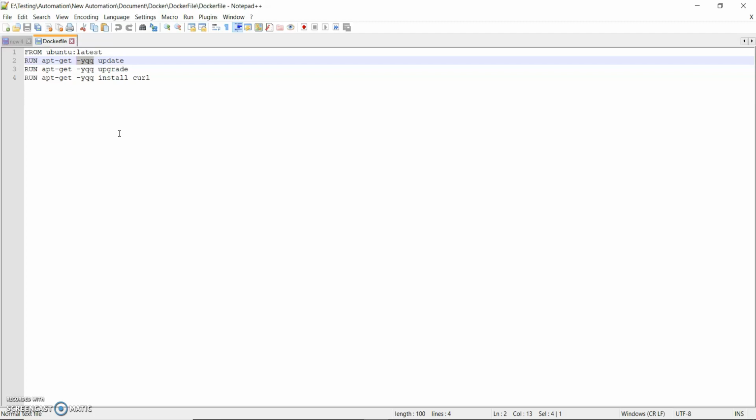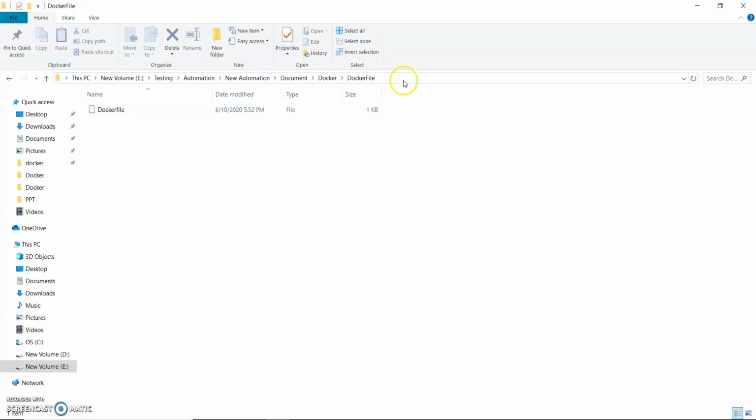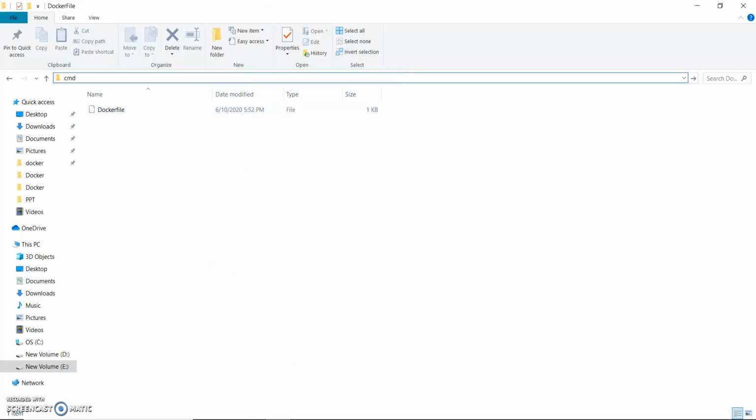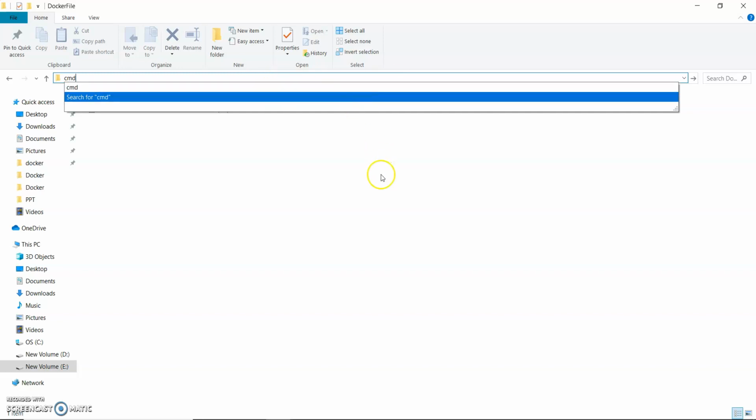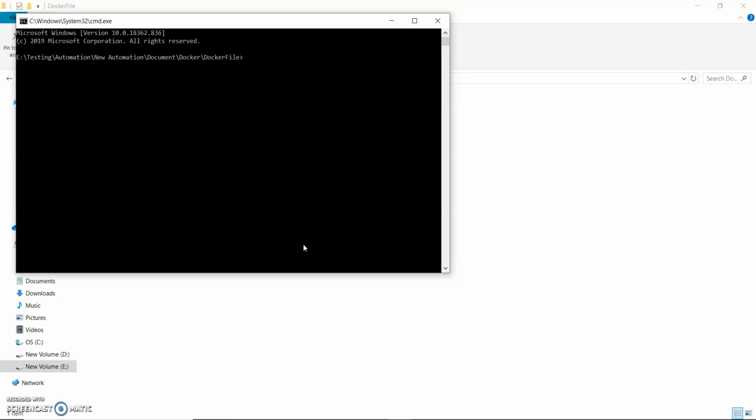You can see that when we install any software in Ubuntu, it shows a message asking whether you want to continue, press yes or no. So I am just overriding that message by passing this argument. So this is the Dockerfile. By using this command, we can create a new image and run our curl software in it. So let me open a command prompt in the same place where I put the Dockerfile, and run the build command.